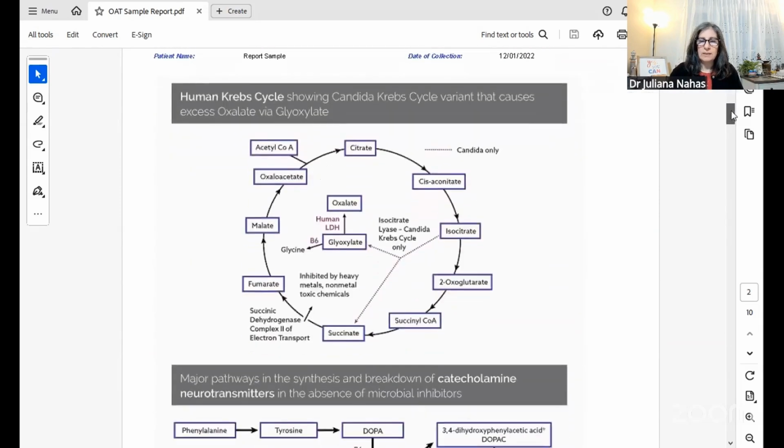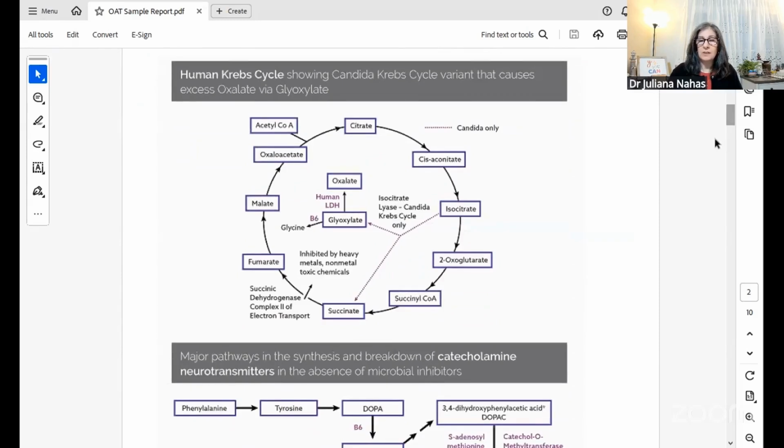And I like that this test, they give you a lot of graphs and they try to explain where in the Krebs cycle, for example, this is in the mitochondria, in the motor of our cells. This is happening where you're going to have all these markers that they're measuring in the urine. But if there's any imbalance of these markers, too high or too low, it's maybe indicating there's a block in this reaction. For example, here they're telling us if there's a heavy metal issue or toxicity that impacts this